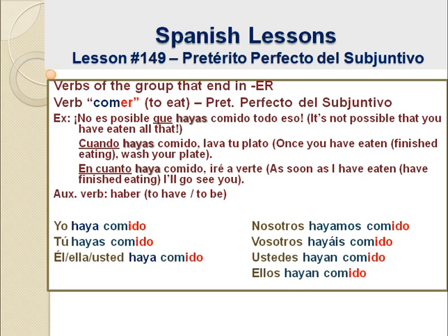So let's start conjugating it. Yo haya comido, or que yo haya comido. Tú hayas comido, or que tú hayas comido. Él